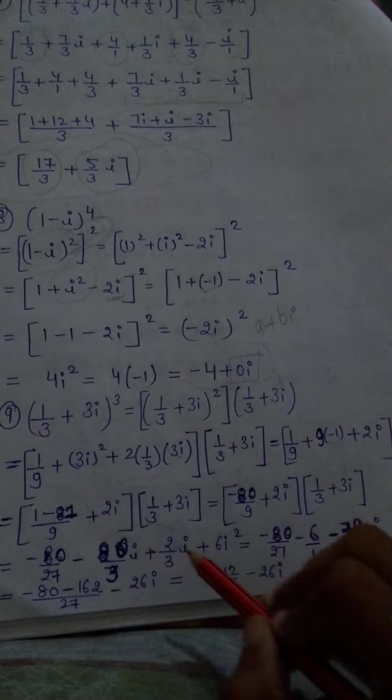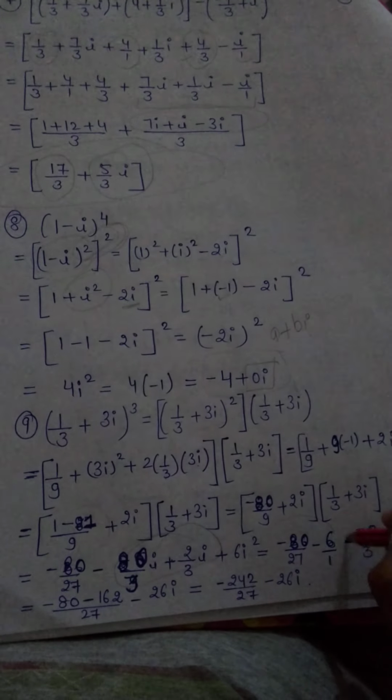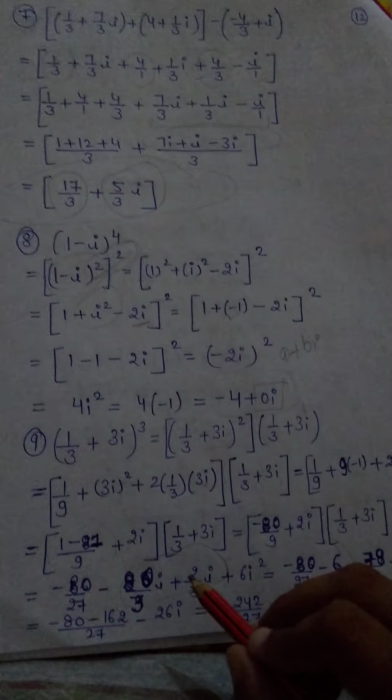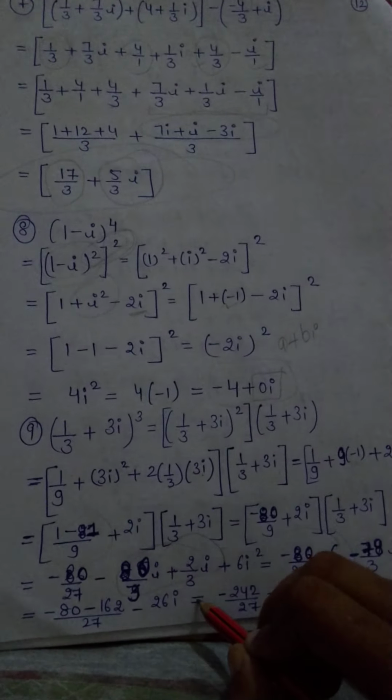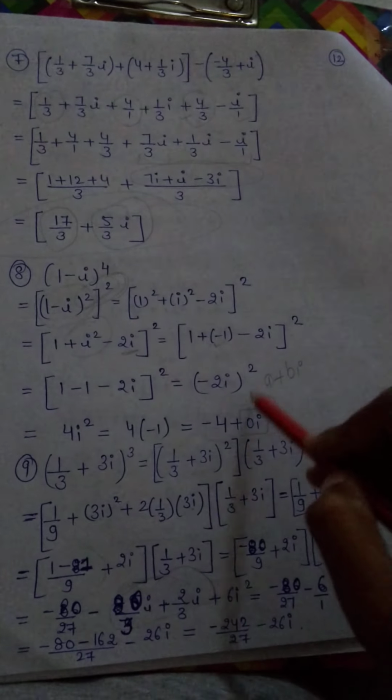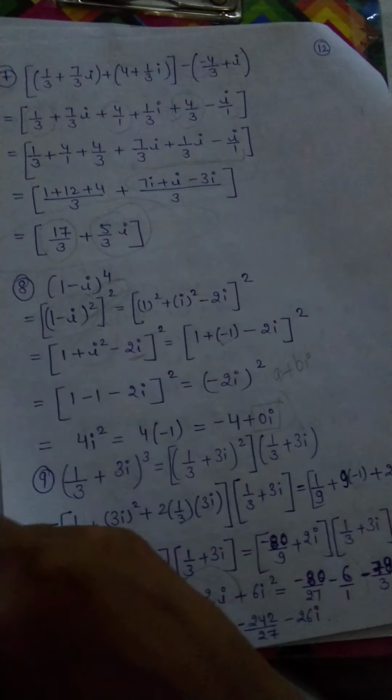Finally again minus 80 minus 162 upon 27. How? By taking LCM of these two. All of you know how to take LCM. Then minus 26 iota, and finally, children, minus of 242 upon 27 minus 26 iota. Clear, my dear students? Clear these three questions, question number 7, 8, 9,